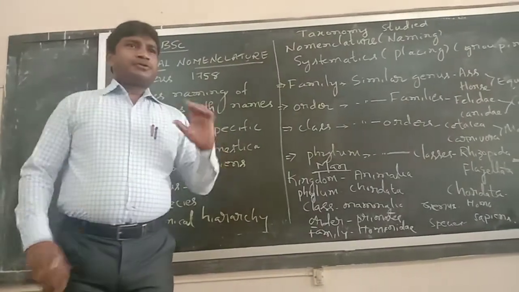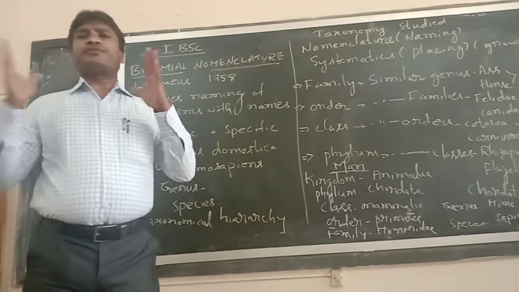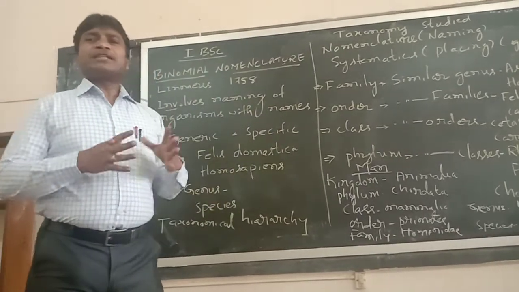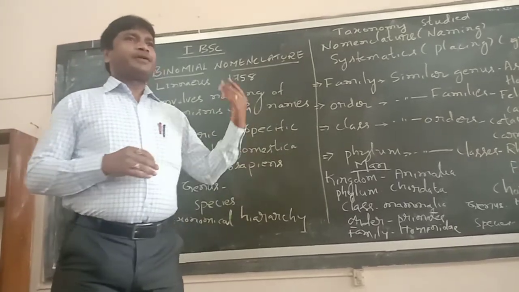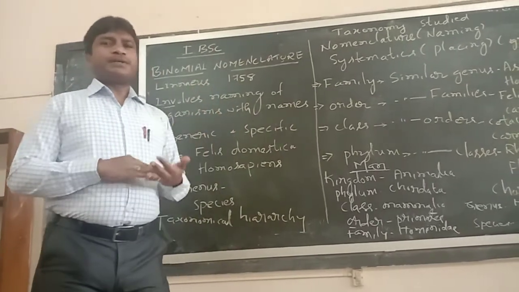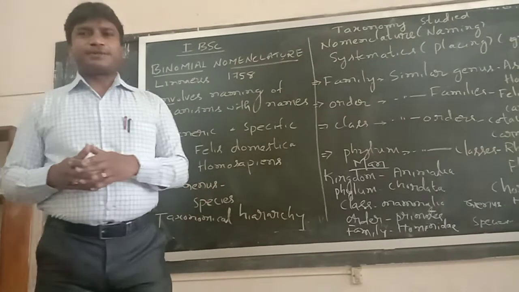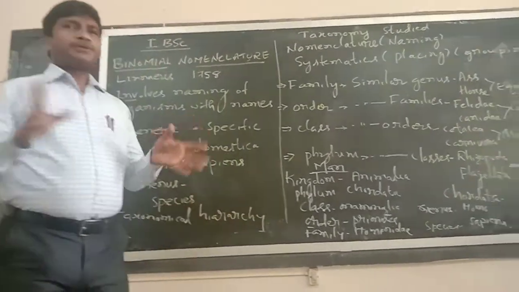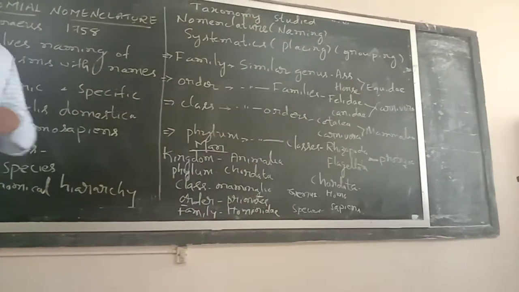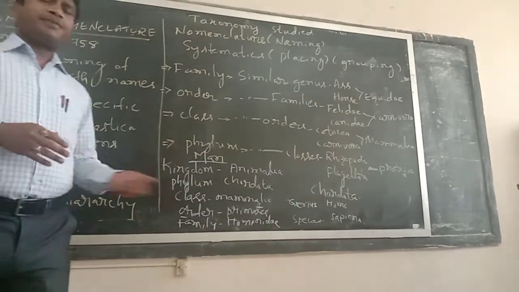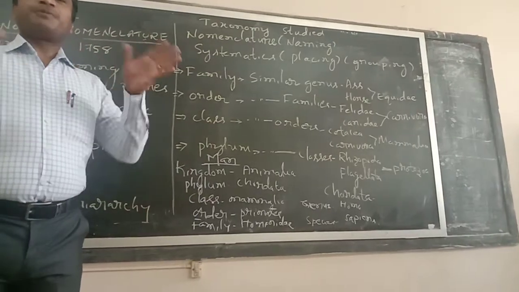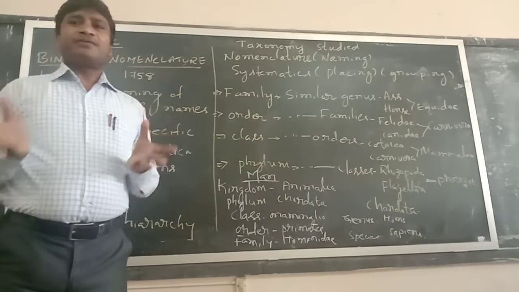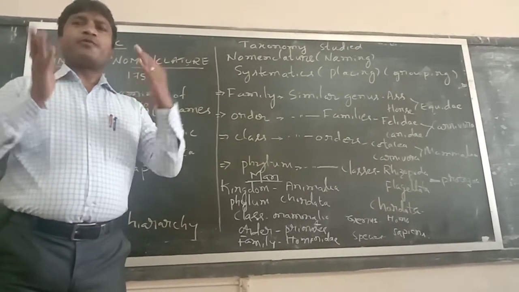Here you should know that all life forms found in this biosphere are represented by 7 units: kingdom, phylum, class, order, family, genus, and species. If you take one example, man. Man is one particular species, one particular animal found in this biosphere. And what is the address of man in this biosphere? We have our own address, where we live, how we are identified.